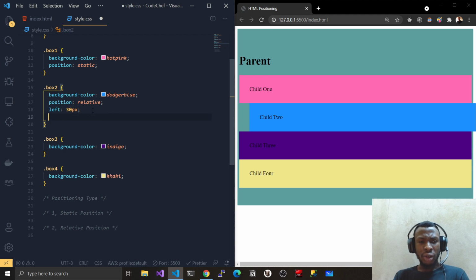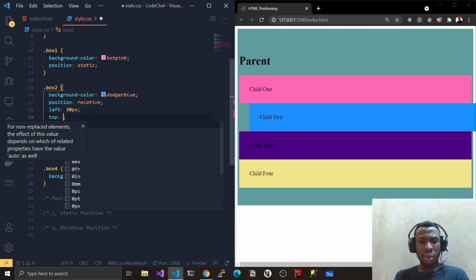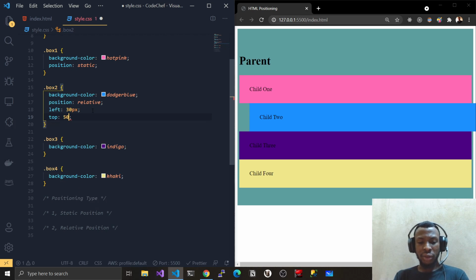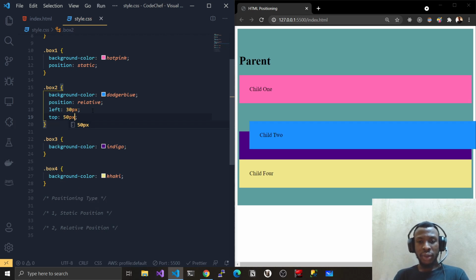So we can go further to manipulate the top and give this 50 pixels. And now you can see that from here to here is 50 pixels, and from here to here is 30 pixels. You can see the way it overlaps the other elements, because what relative position also does is it ejects the element from the normal document flow. That's basically about